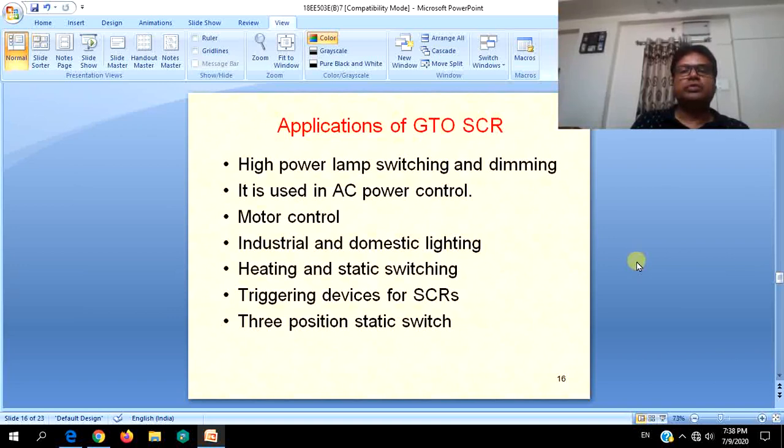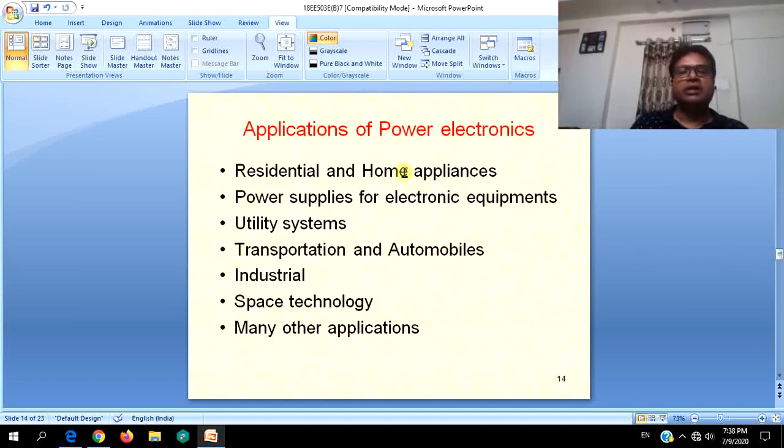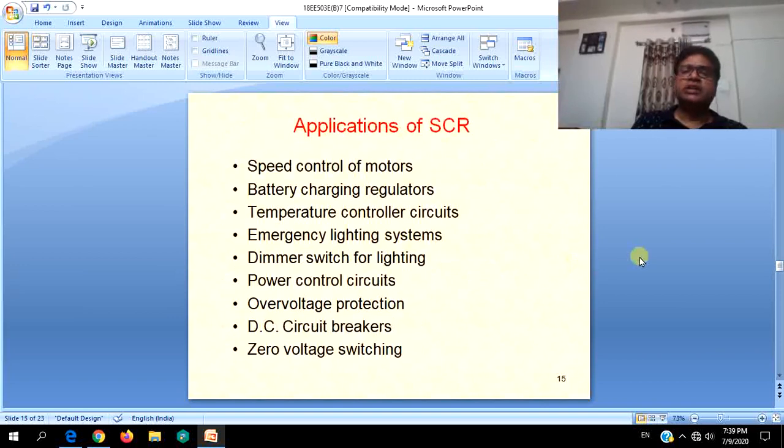So you have to choose the power electronic devices depending on the application, not on whether it is residential or power supplies or utility systems. It has got nothing to do with which device you have to choose. You have to choose the proper power electronic device to suit that particular application. That is, for residential and home appliances also, depending on the current ratings and continuous ratings, all those things, you can use either SCR or an LASCR or other MOSFET like things.